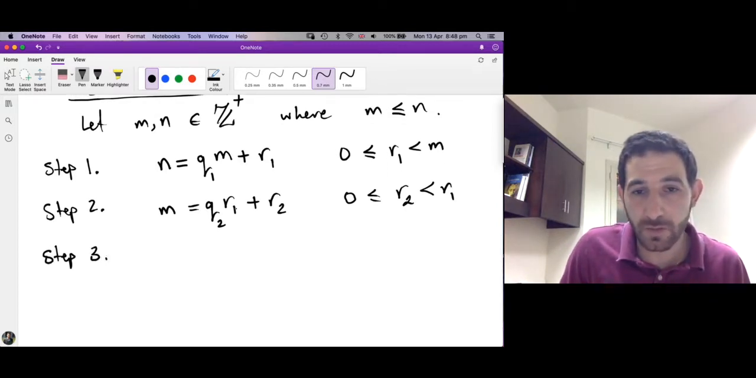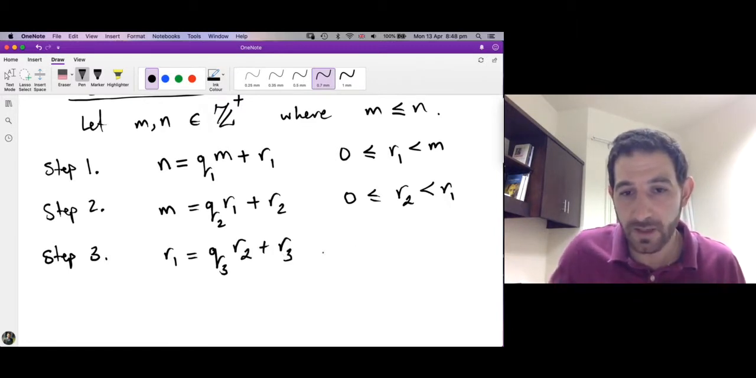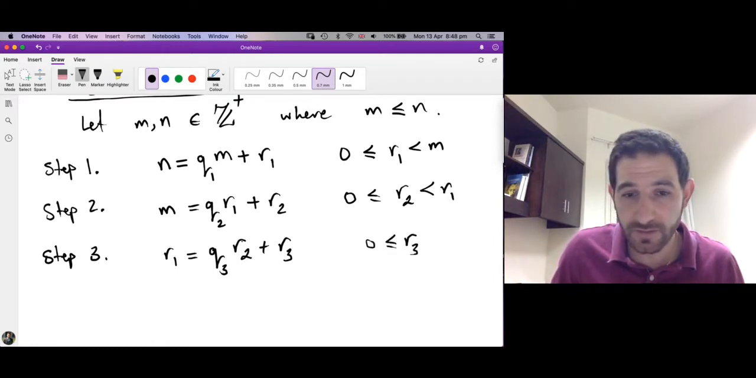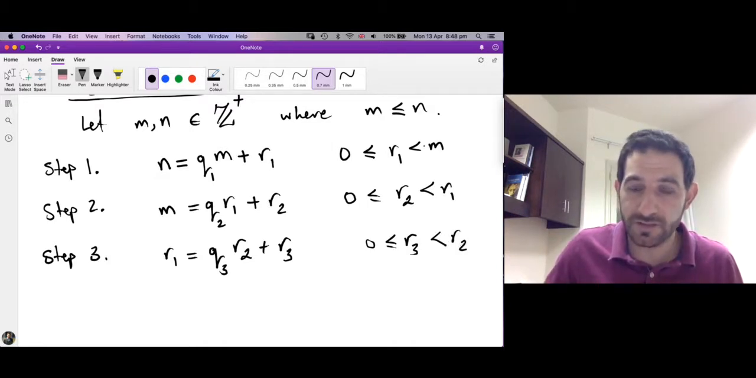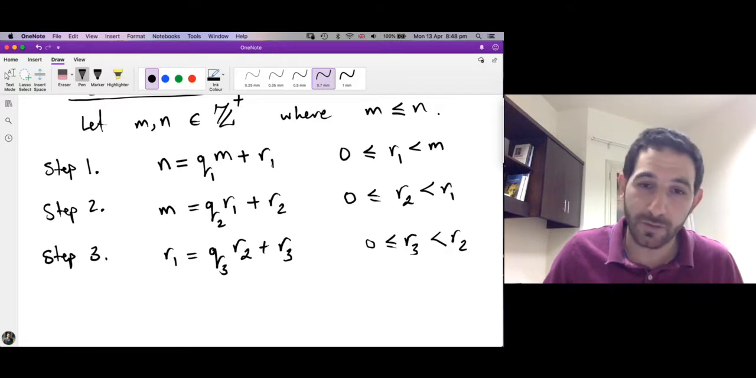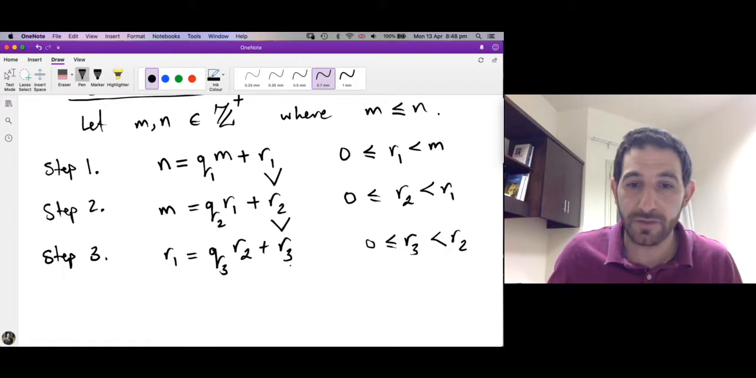Now we divide r1 by r2. So r1 is equal to q3 times r2 plus a new remainder for step 3, r3. And here, by the division algorithm, we know that r3 is bigger than or equal to 0 and strictly less than r2. I hope you can notice the pattern here: the remainders keep decreasing, strictly decreasing. So r2 is strictly less than r1, so r1 is strictly bigger than r2, r2 is strictly bigger than r3,